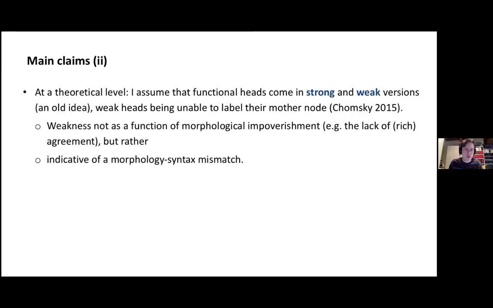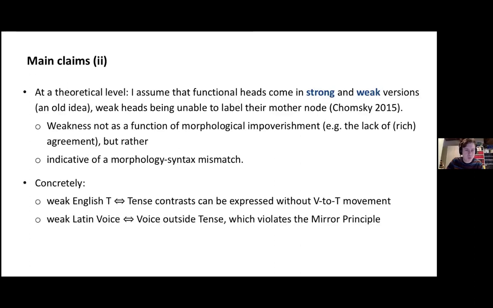In a slight departure from Chomsky's ideas, I would assume that morphological weakness is not in the first place a function of morphological impoverishment, but rather that it is indicative of a morphology-syntax mismatch, and I'll come back to that at large. So concretely, just to give you a foretaste, the idea is that there's something going on with Latin voice, and I would like to propose that Latin voice is in many ways